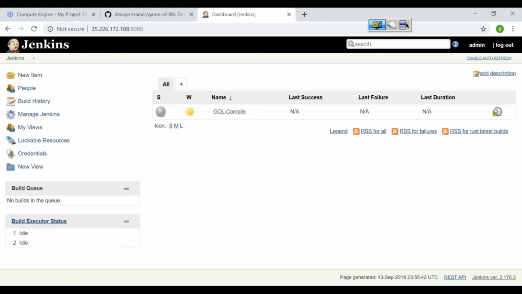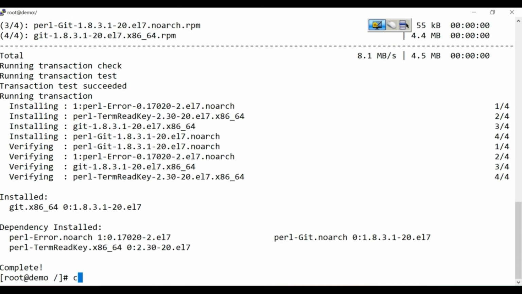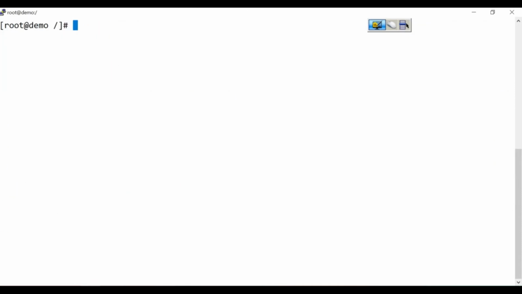If you are creating some Docker job, we need to have Docker installed on the server wherever we have to run the job. So that's how we need the prerequisites. Now I have installed Git manually. Similarly, I can install Maven this way, or else I can install through another way. Let me install through the other way.